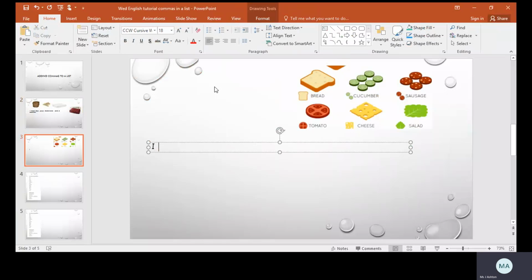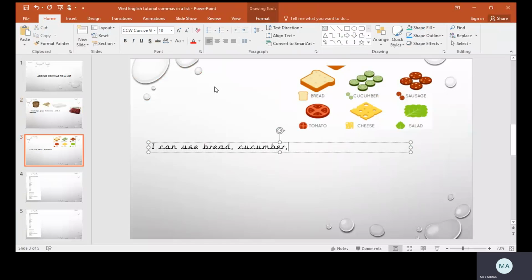I need a space there, don't I? I can use, look at my first object. My first object is bread. Then I'm going to need a comma. My second object,